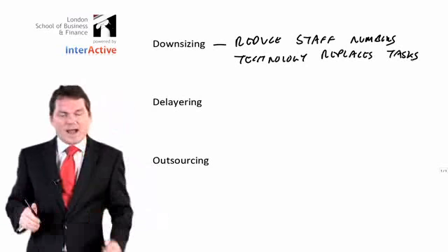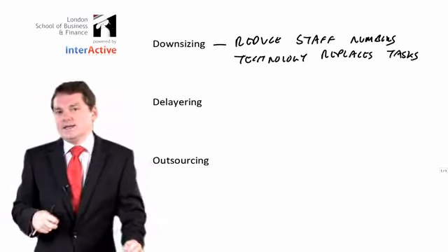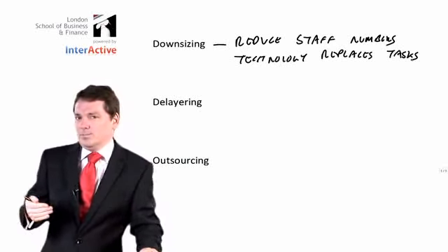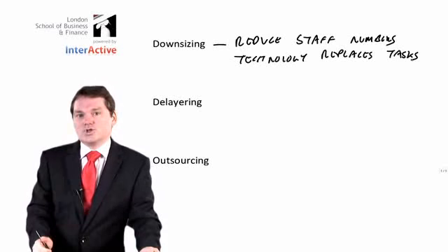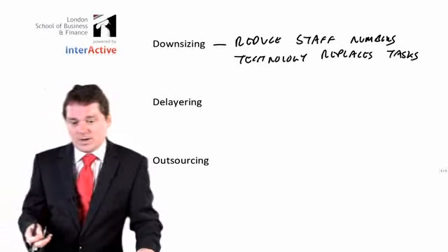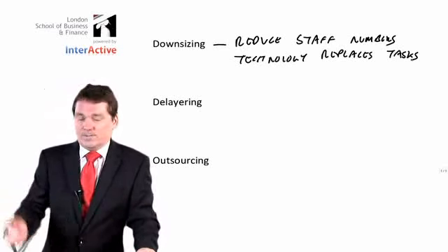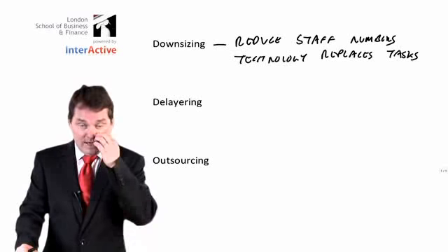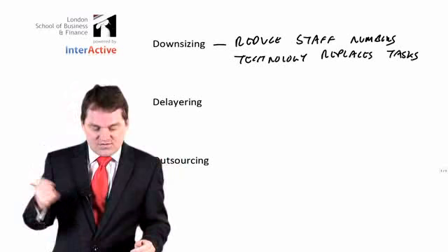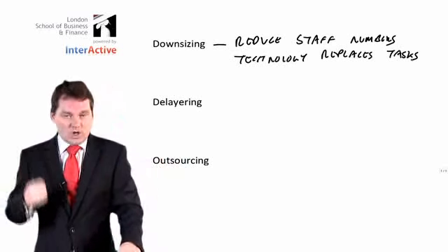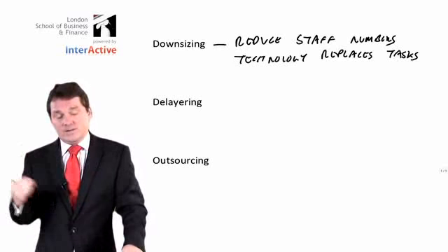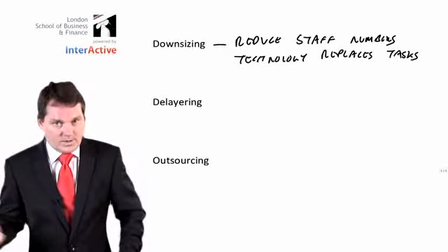If you were to go back 70 or 80 years and look at the finance department of a medium-sized company, you would have seen lots of people with adding machines, simply adding the day's purchases up, simply adding the day's sales up. Now the computer does all of that automatically, so you physically don't need as many people. So downsizing is the fact that we can reduce the number of staff we have because computers allow various tasks to be done by the machine rather than by a person.